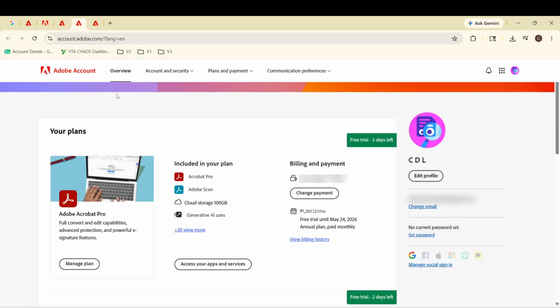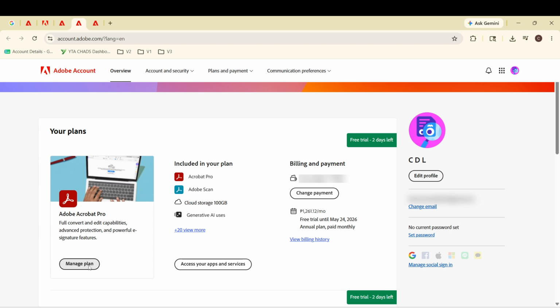If you're on a phone or tablet and don't see these options, switching to a desktop browser can make the menu easier to find. On the Plans page, locate the card that shows your active Adobe Acrobat Pro subscription. If you have multiple Adobe products, double-check the plan name so you don't manage the wrong one. On the Acrobat Pro card, click Manage Plan to open your options.